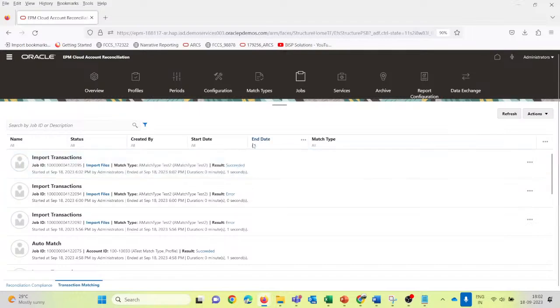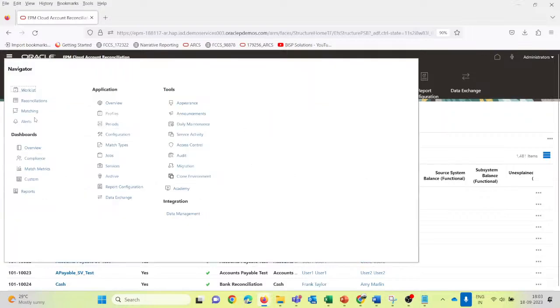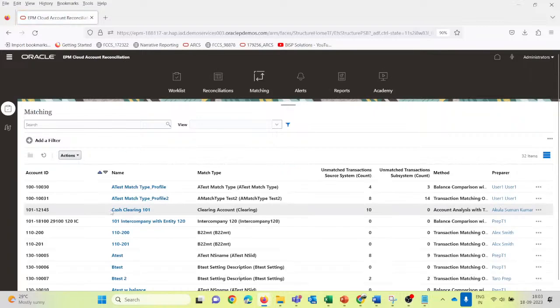So under the match type, we have imported the balances. So under profile, we don't have to do the reconciliation for it. We can do that through the matching process. So this is our profile. Now you can see 1003031,